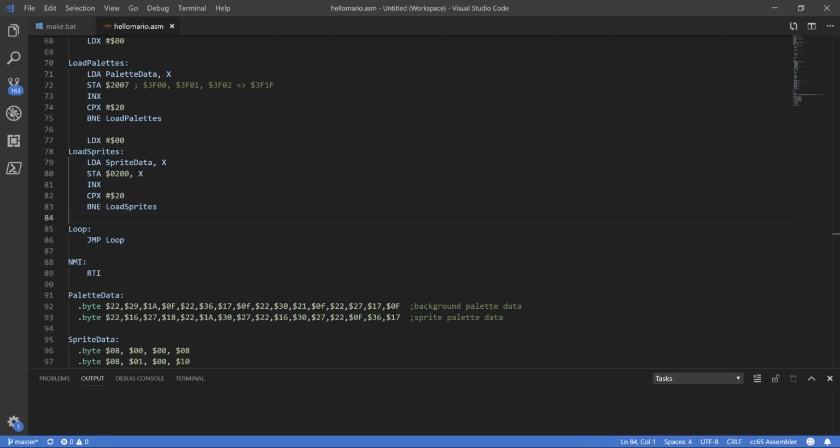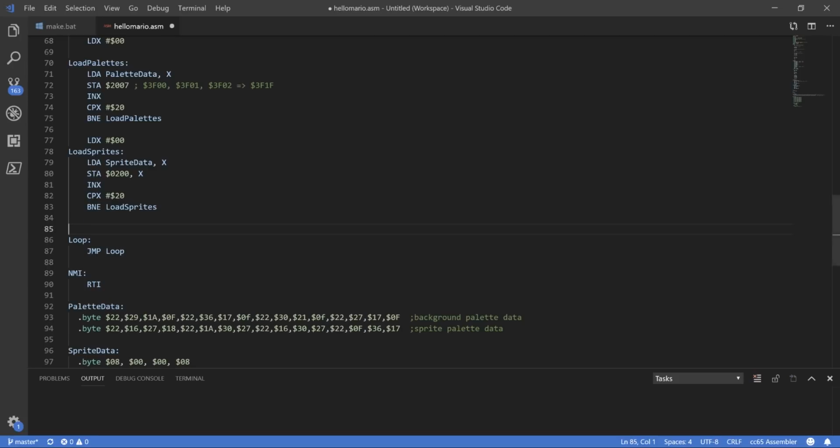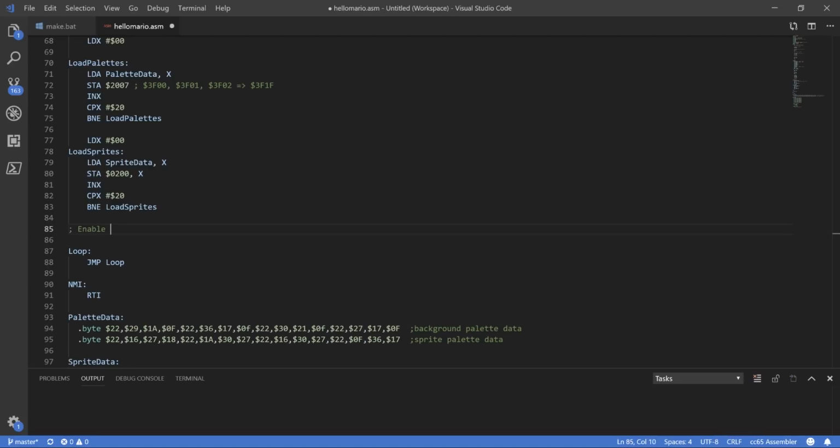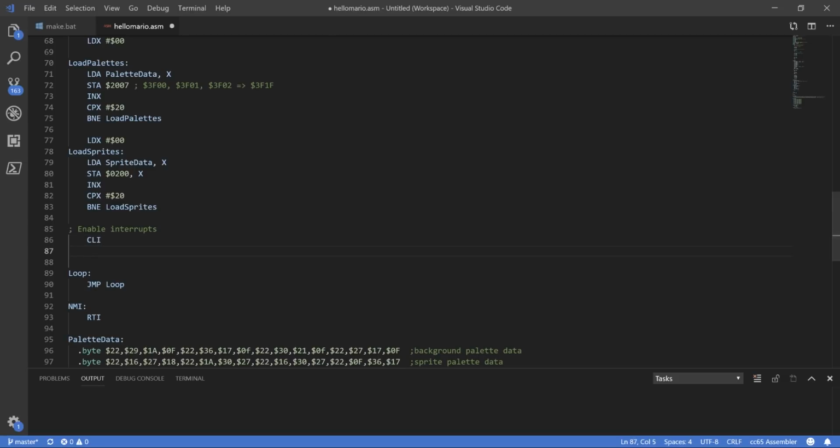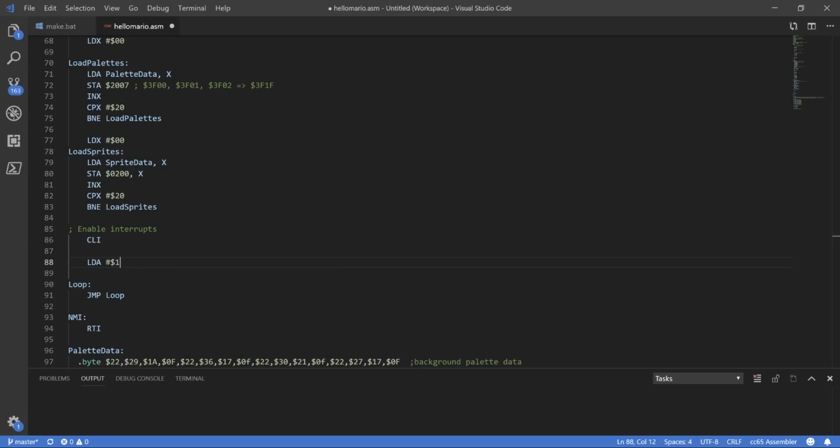Now that we've loaded all our data properly, we need to be able to turn on drawing so that we can actually see everything we loaded. So you do that by enabling interrupts, and it's really important that you do this. I've had problems where I forget to turn on the interrupts, and then what happens is it looks like nothing is working, and you spend a lot of time trying to figure out why what should be drawing and working is not. So you make sure you enable your interrupts, and then what we're going to do is we're going to load the value of